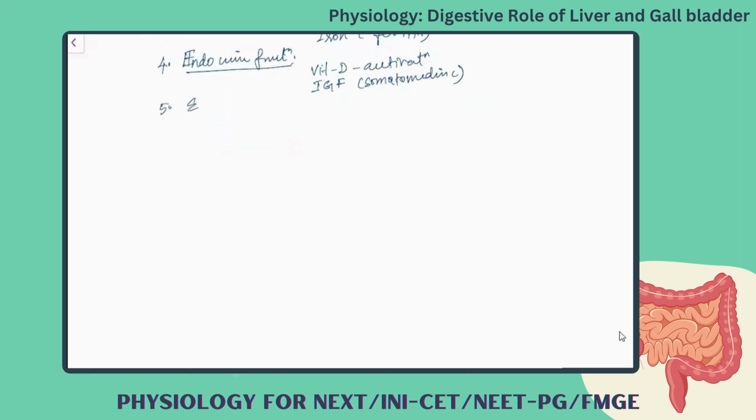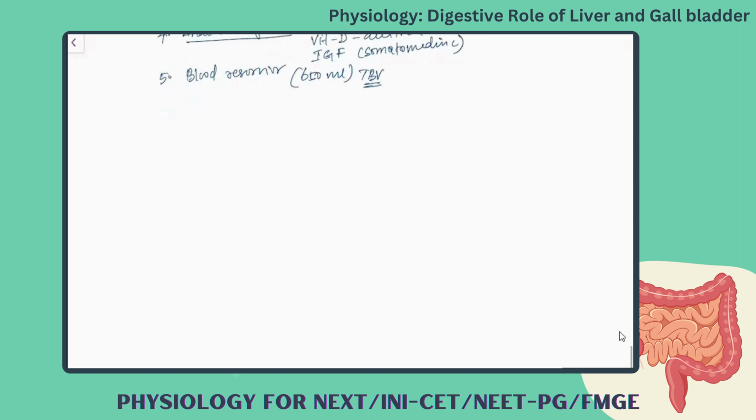And the major one is that it is the main storage reservoir for the blood. It reserves nearly 650 ml of the total blood volume. So this is the storage reservoir of the blood, and it also has